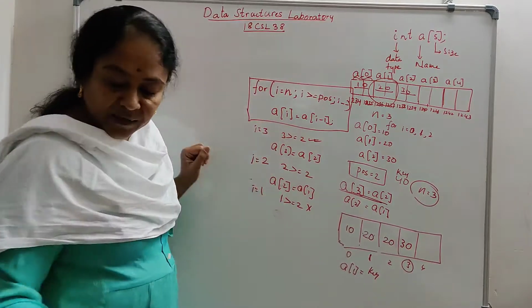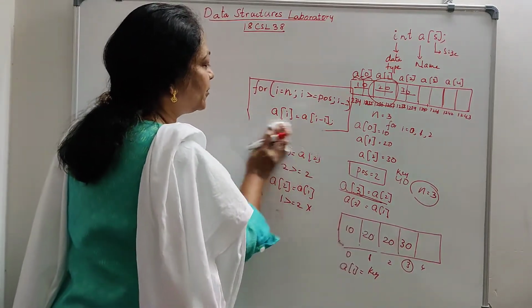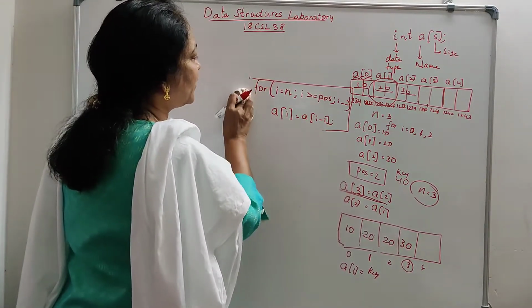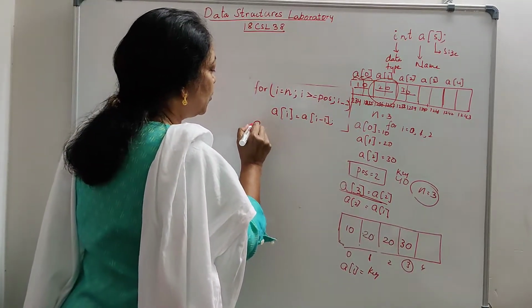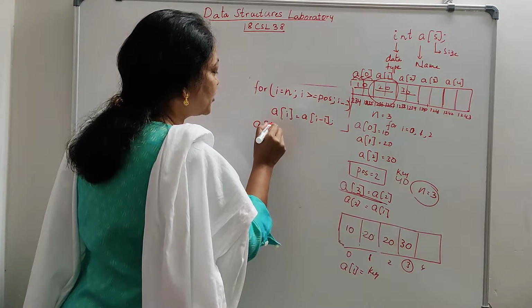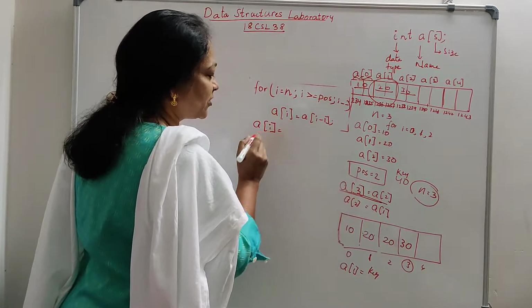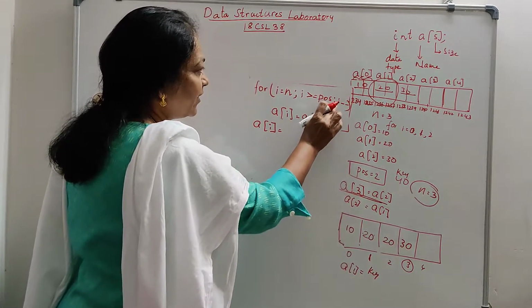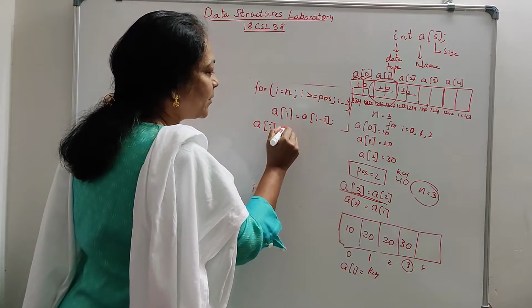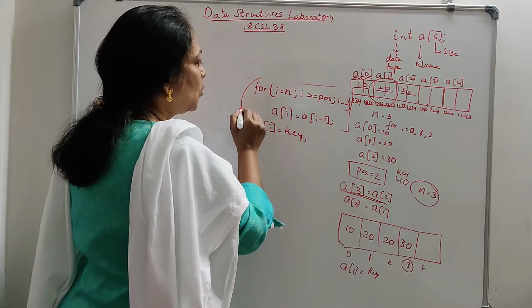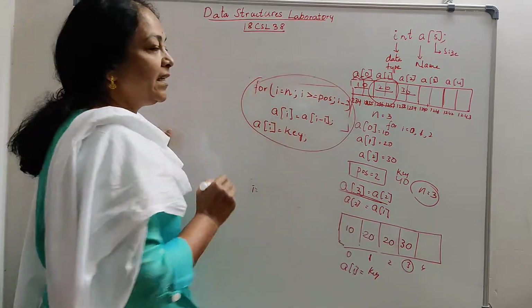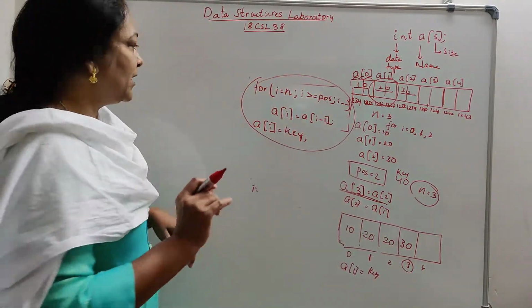So what is the statement you will write here after the for loop? Yeah, this condition is perfect. It is working properly, so we can keep this. Now whatever is the position of I, what will be the value of I? When you reduce it, it becomes 1. In that position, the key element goes. So this is the only logic behind the insert function.